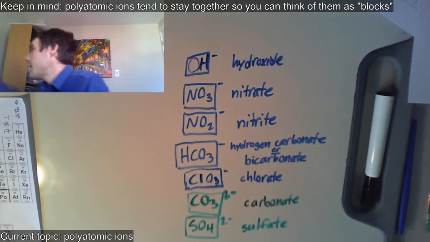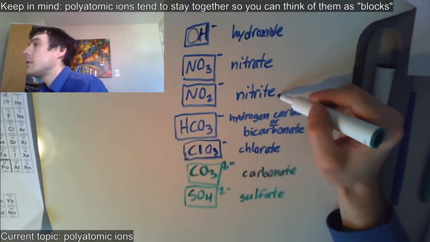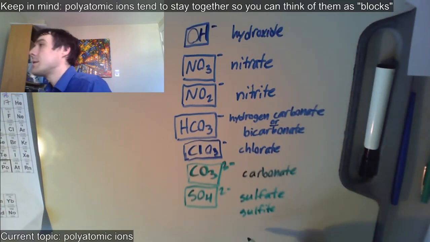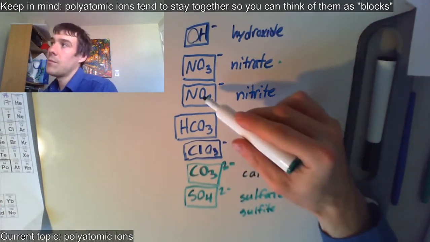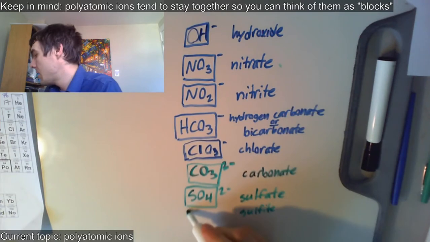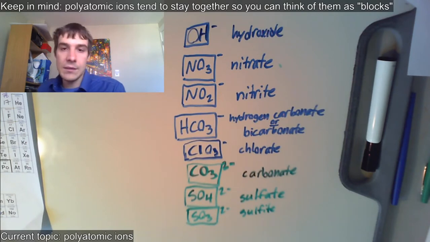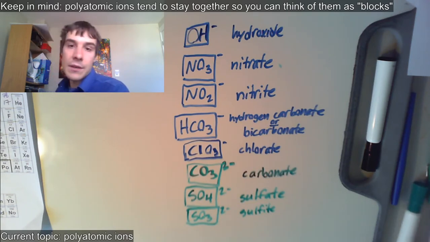There's also sulfite. So given the nitrate and nitrite, what do you think sulfite would look like? There's an open question for you guys. Sulfite. Looking at nitrate. Nitrite is the same thing as nitrate with 1 less oxygen, and it has the same charge. The same thing for sulfite. SO3, 2 minus. That's sulfite. And then there's one of them that has a charge of 3 minus that is very common,